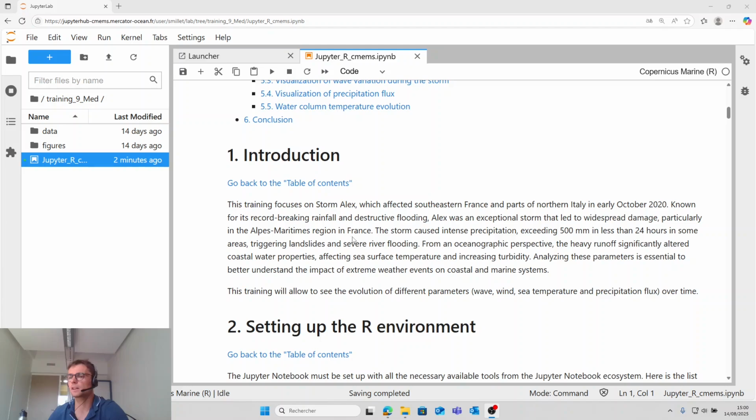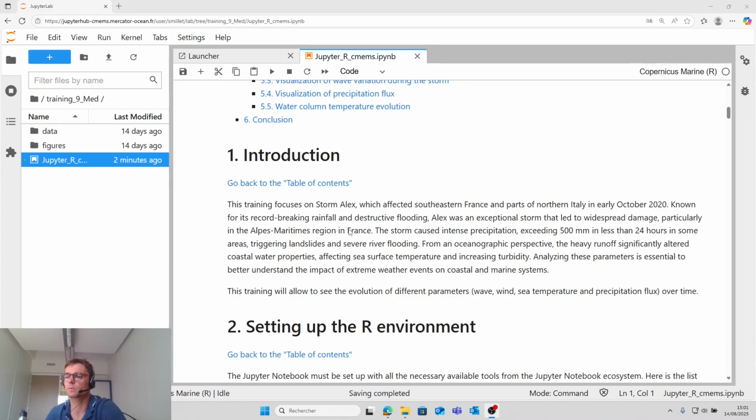So this training focuses on Storm Alex, which affected the south of France and part of the north of Italy in October 2020.